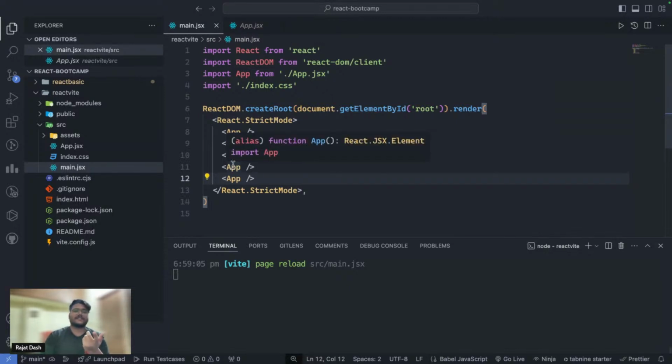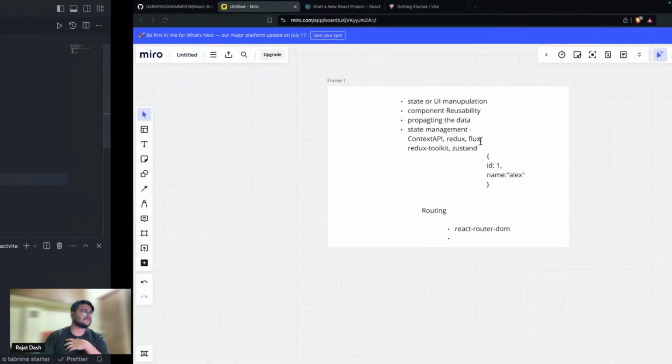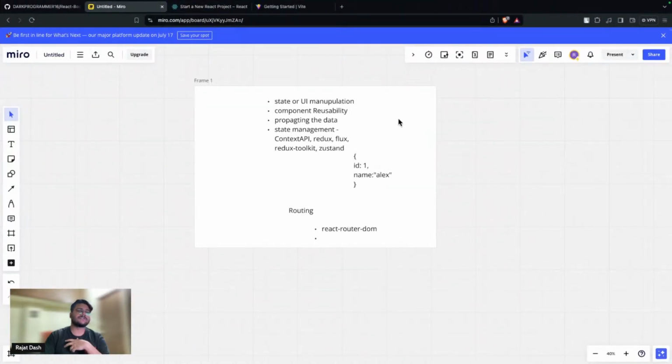So this is called JSX. We will learn in depth about JSX in the next session, and we will learn about components, how to create a component, and how to pass data to a component, which we call properties. We will cover those topics while coding and creating that project.